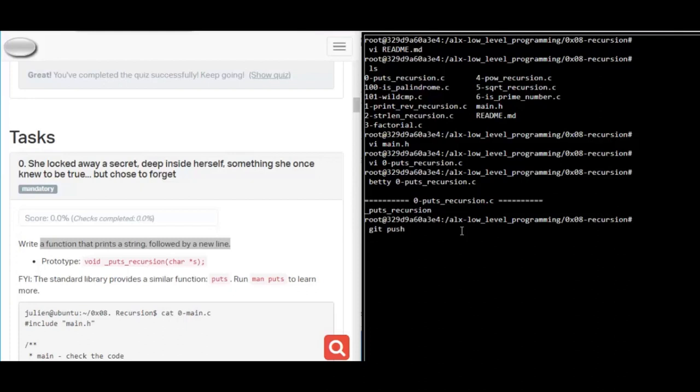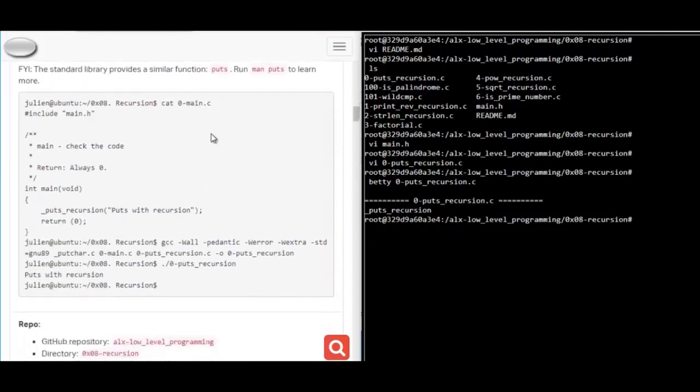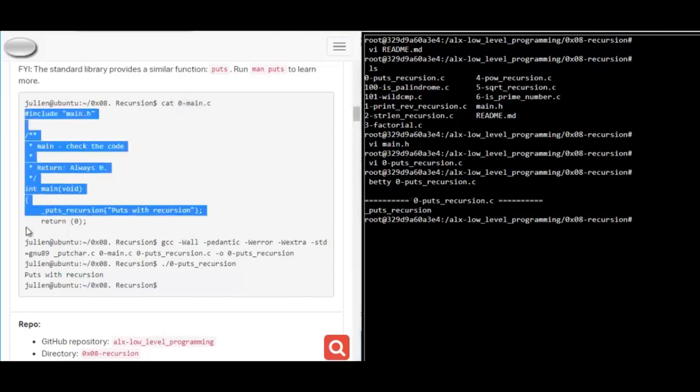So once you're done, you push and it sends it straight to your GitHub, and we have successfully done that. The next thing you can do at this point is to start creating your main.c file, but this is optional. Okay, you do your vi space, you copy this, and then do your vi space and paste. Go in, copy this code from here up until this point, right into your main